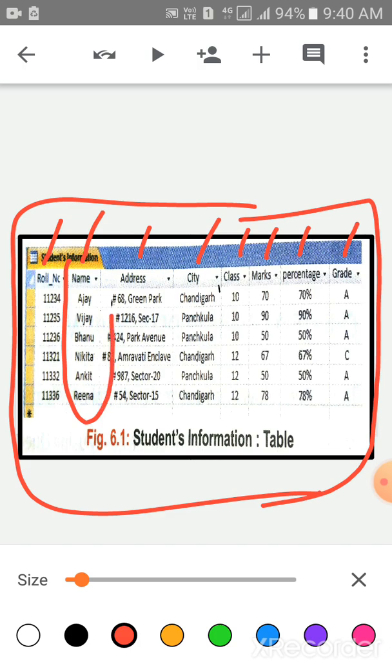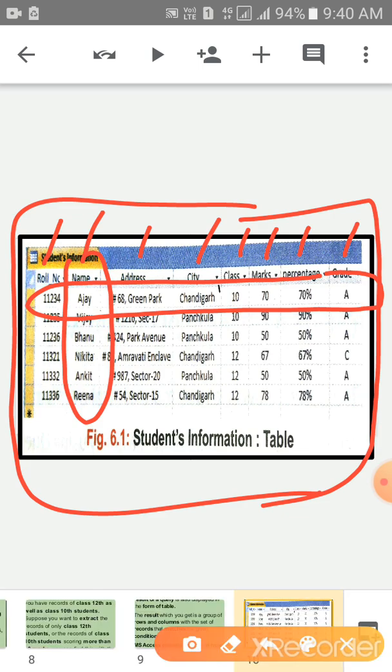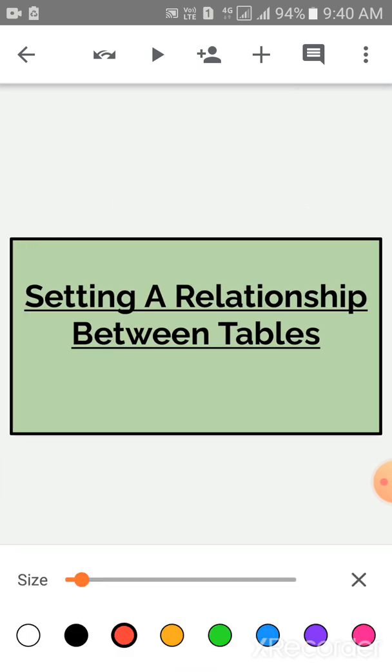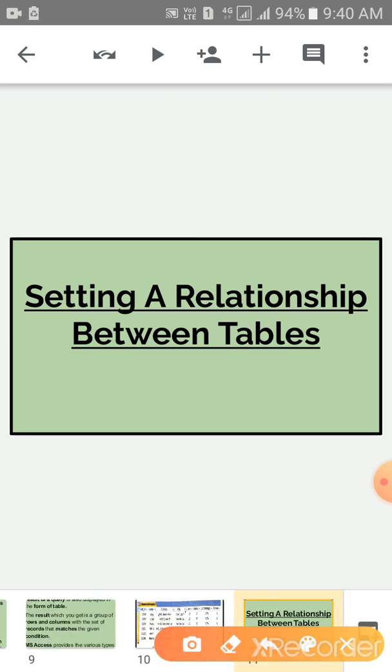This is the column and this is the whole record of this roll number. Okay children, clear?